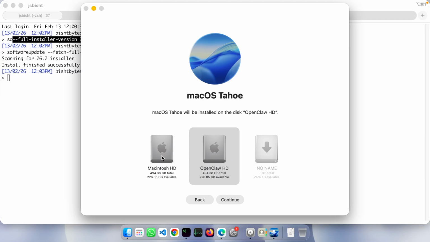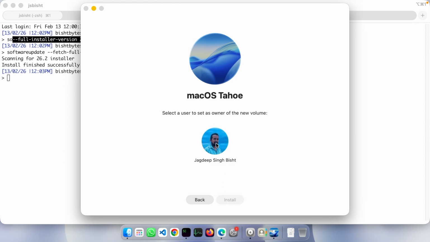So if you need more space here, if you free up space there, it will become available here. This can expand if you reduce stuff there, and the same goes the other way. If you delete here, that can expand. So in our case, we are going to choose OpenClaw HD, give it here, select the owner, which is this guy, which is me, and I'm going to say install,